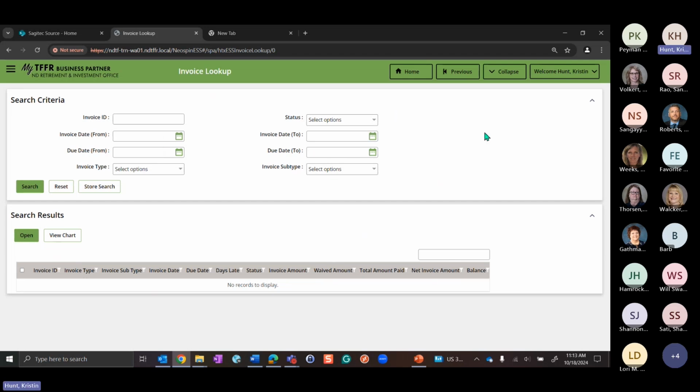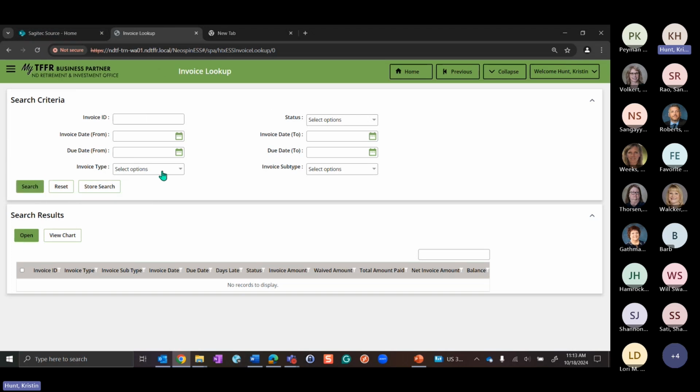Now I know I have labs set up for you guys where I've created miscellaneous ones just for lab purposes today. I also know I just submitted an employer payroll, so we'll probably have some contributions that are open and need to be paid. So I'm just going to do a blanket search.